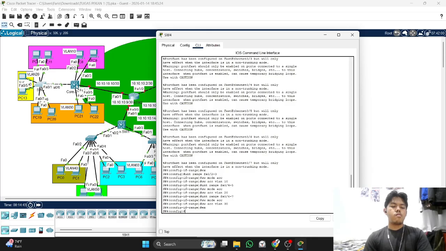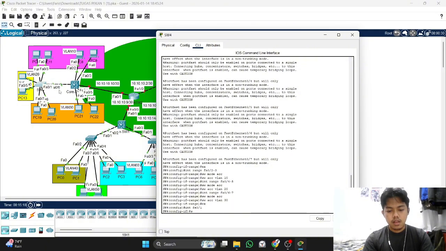We must configure the trunk for all the PCs to get their VLAN and their IP from the DHCP server. Okay, we look on this switch for the interface where we will configure the trunk, FA10. And then you write switchport mode trunk.